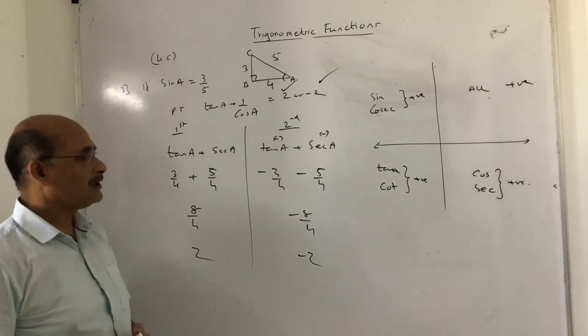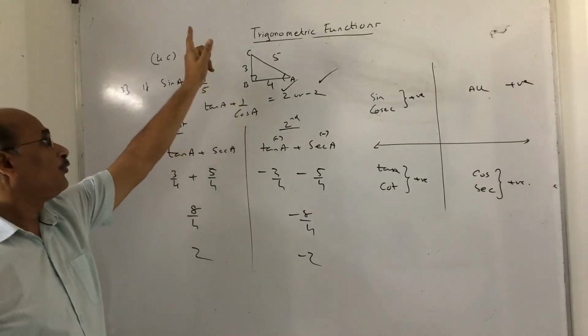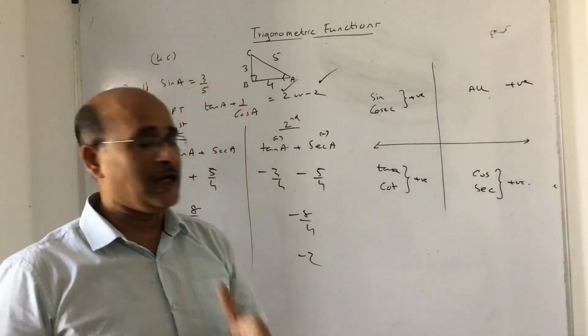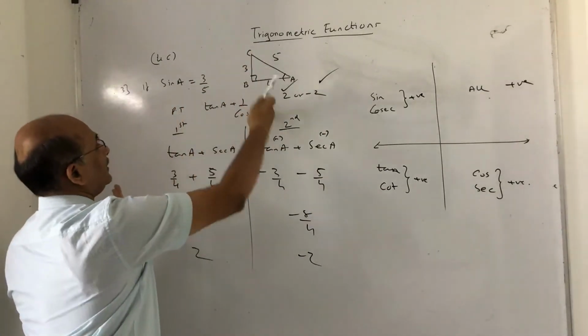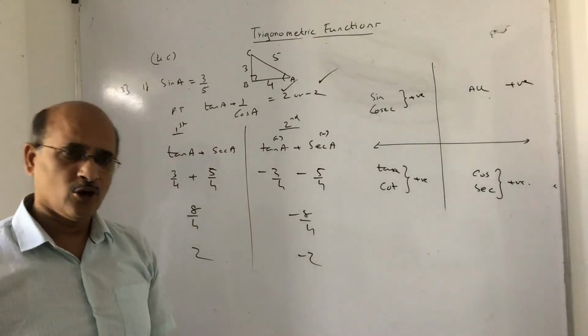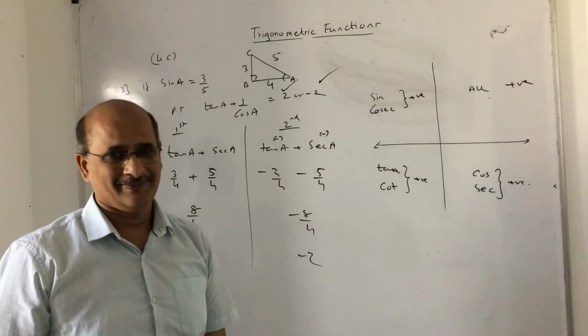So for conditional sums, keep in mind, whenever you find the value of any trigonometric ratio, you draw the right angle triangle and find the missing side. This right angle triangle concept will help you find the value of any trigonometric ratio and apply it in the expression as I applied over here. So I hope you got this point, children. So pause and note it down.